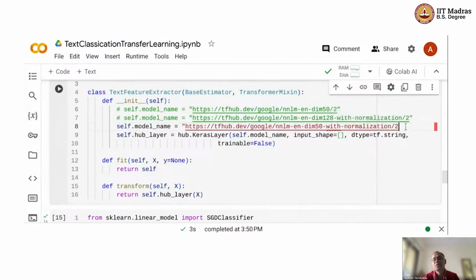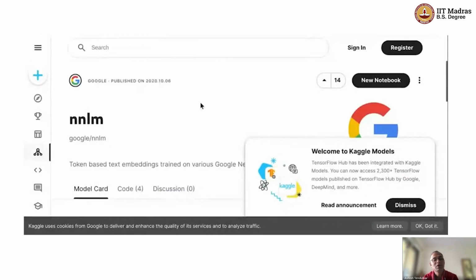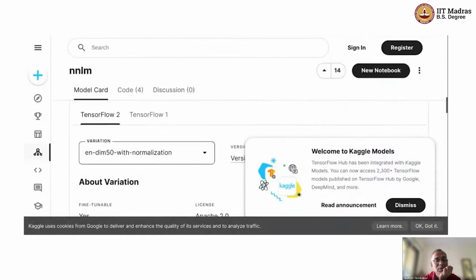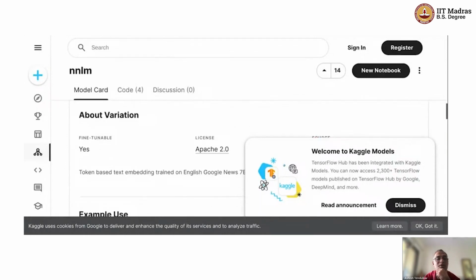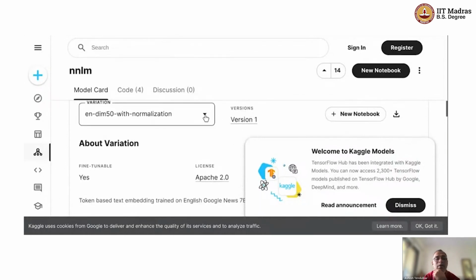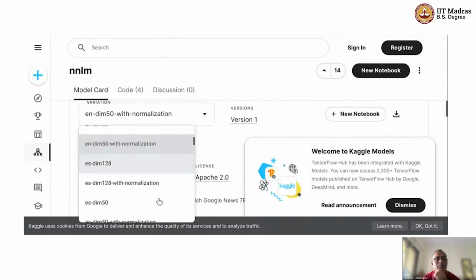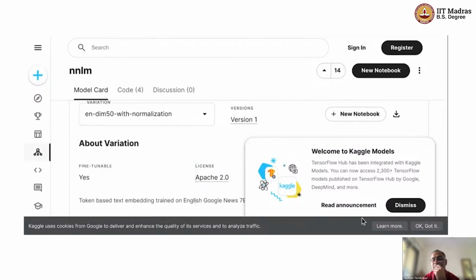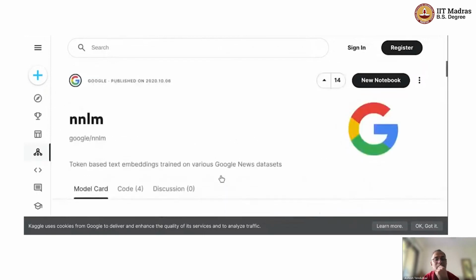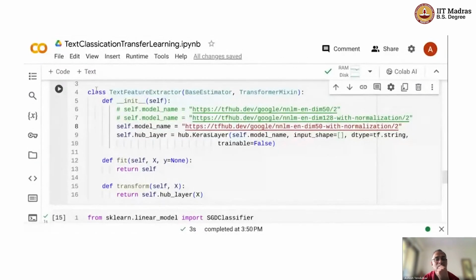The first thing that you should be doing is going to this URL and checking out the model card. We checked out the model card earlier, right? Yeah, the same thing. All right, now we're coming back to this line. Okay, let's run